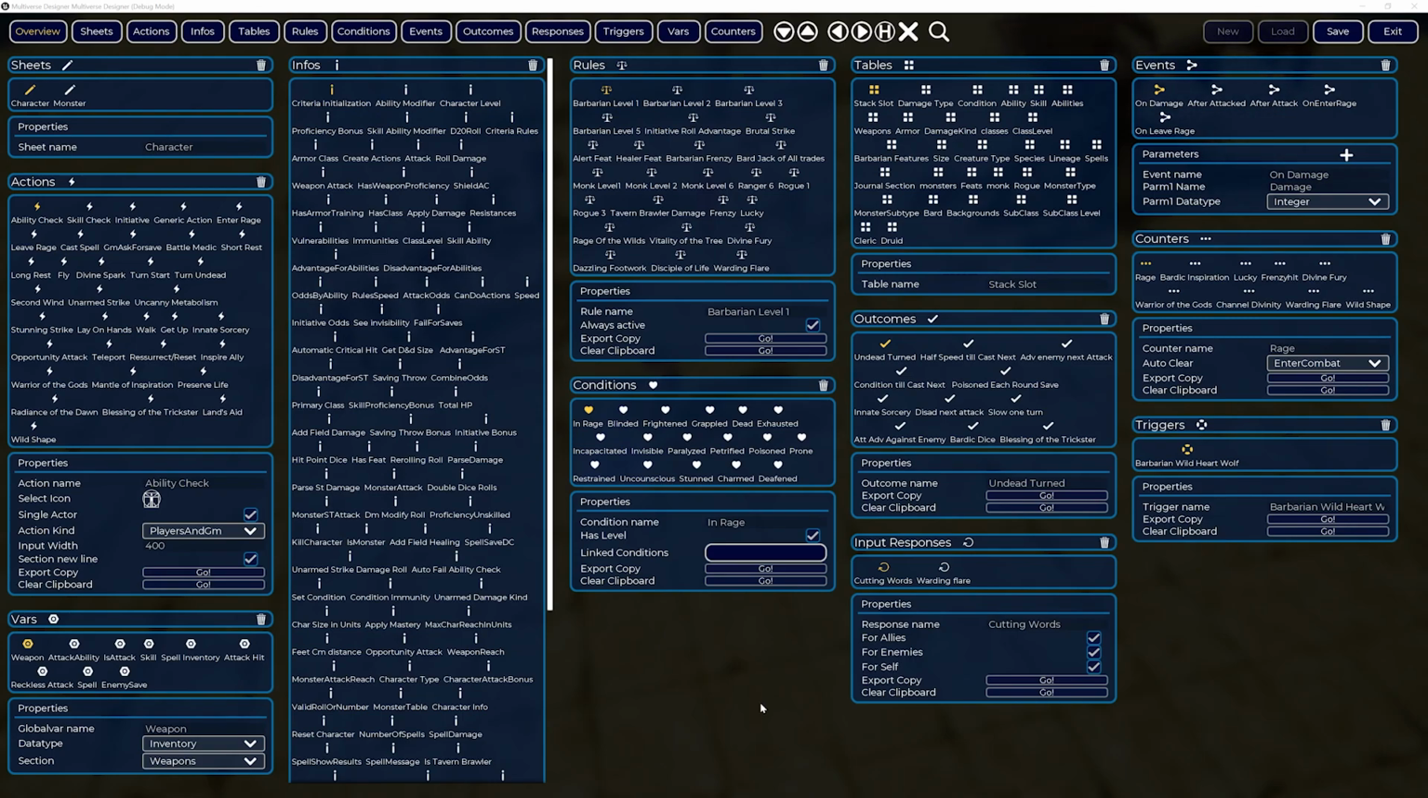Perhaps in the future I will change this to select recipients, but that's the idea. But again, everything evolves around an actor and an enemy, except input responses. Input responses are meant to